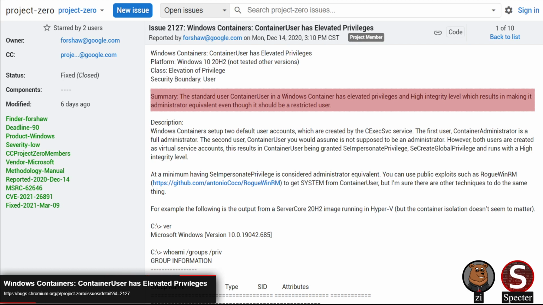But since they're both created using virtual service accounts, they're both granted the SeImpersonatePrivilege permission, which you can abuse pretty easily to get SYSTEM by using publicly available exploits. One they point out is RogueWinRM. So yeah, it just seems like an oversight, I guess, that led to